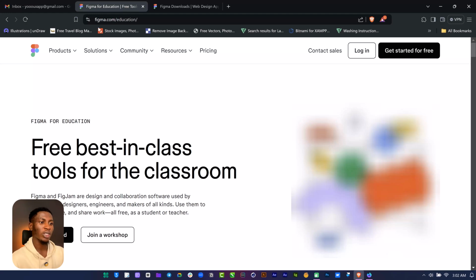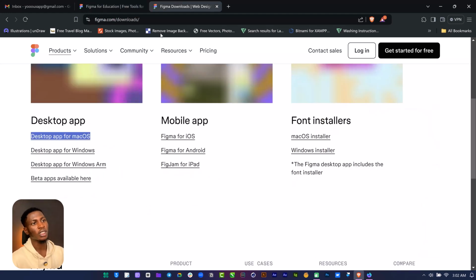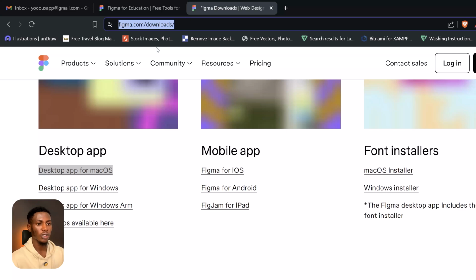Now going to this particular website here, this is the Figma website where you can download all the software you need to get started, and the link here says figma.com/downloads. Now there are basically different kinds of links here, and they are all for different kinds of devices. So if you are using desktop, either a laptop or a desktop, then you still need to be more specific,